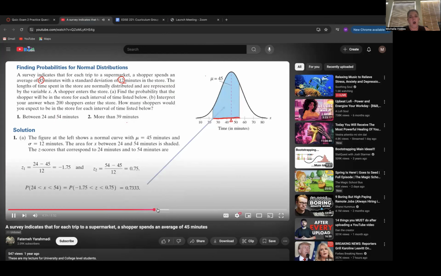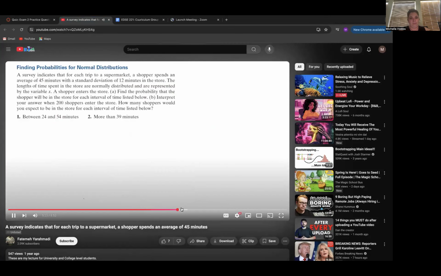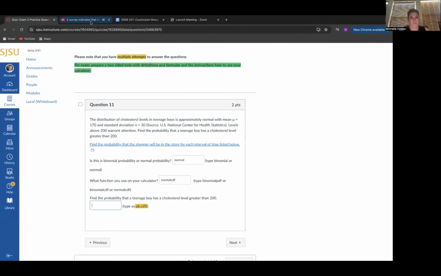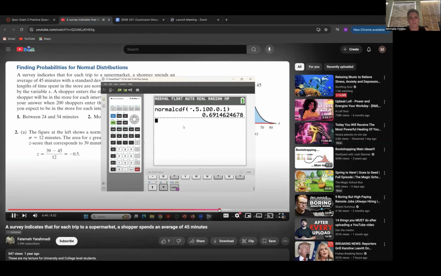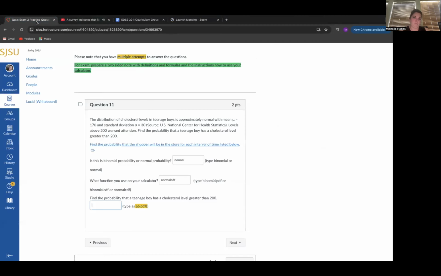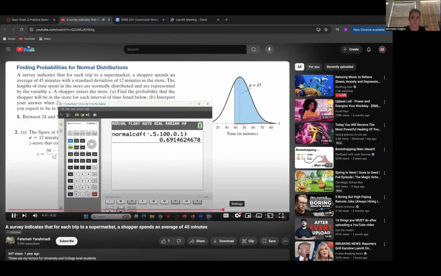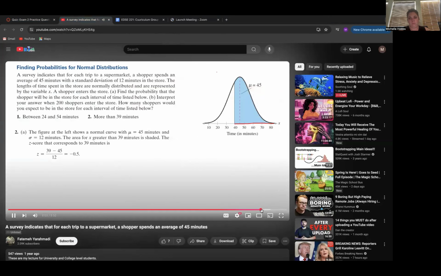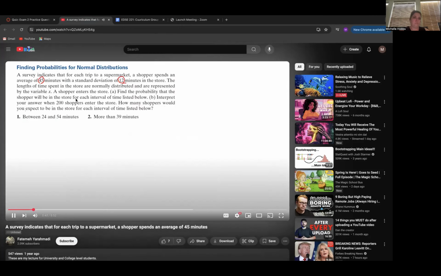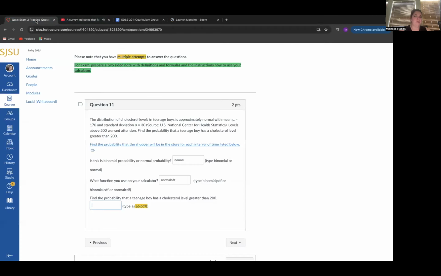Try to use the percent. This is the area below 100. For more than 39 minutes, you are looking at the shaded area on your graph. This is the probability that a random shopper spends more than 39 minutes in the store. How many shoppers would you expect to be in the store? All right, so